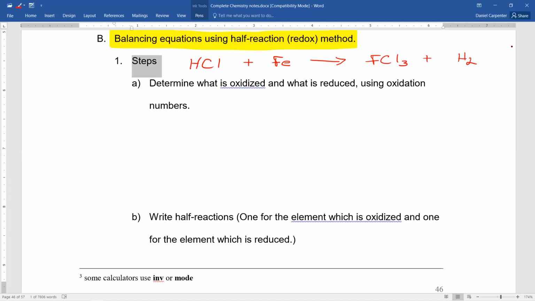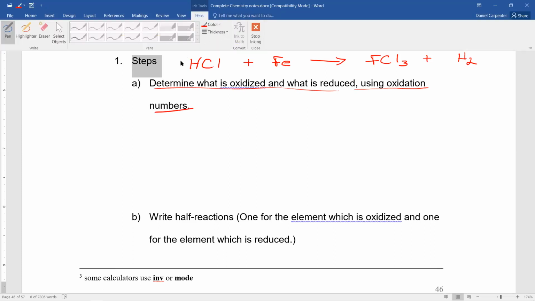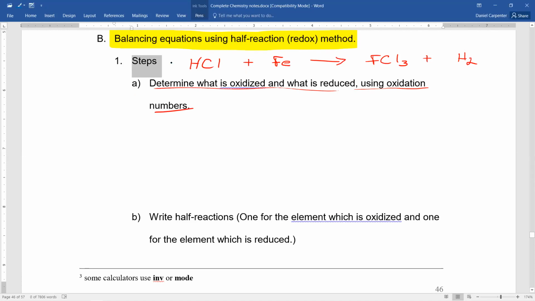But we don't have it there to balance it. We've got it there to learn the technique. So the first thing you see is determine what is oxidized and what is reduced using oxidation numbers. So we're going to have to go back to what we learned in unit 2 or 3, and that's page 19 in the notes. If you need to refer back to that, you probably do. Several of you do. And as I mentioned yesterday, stick a paper clip or something on that page so you can find it easily